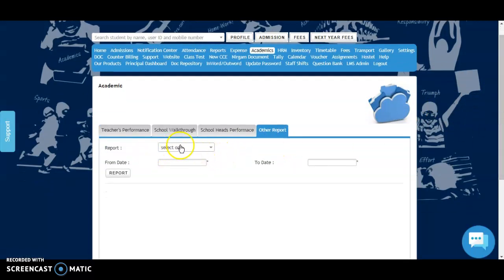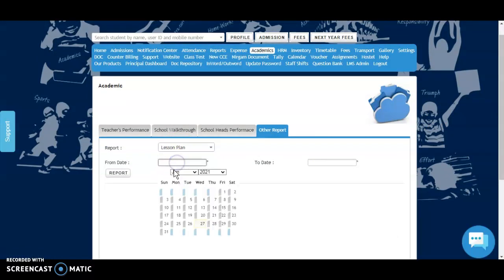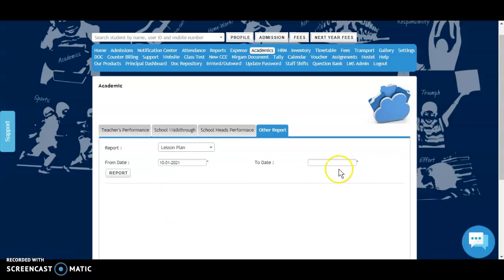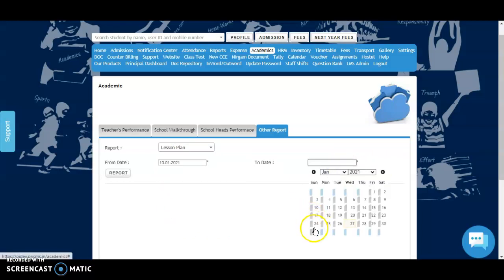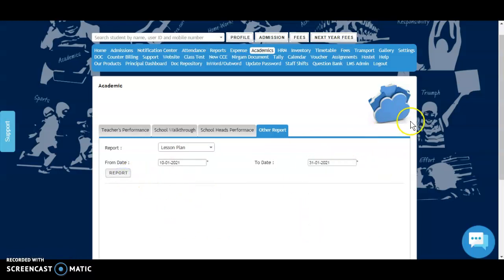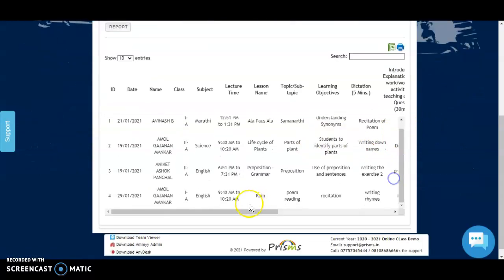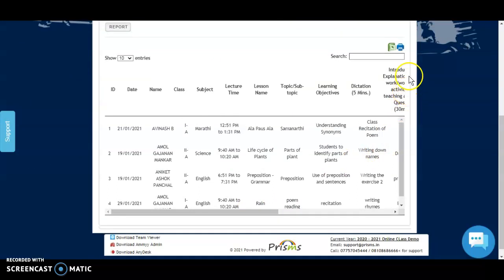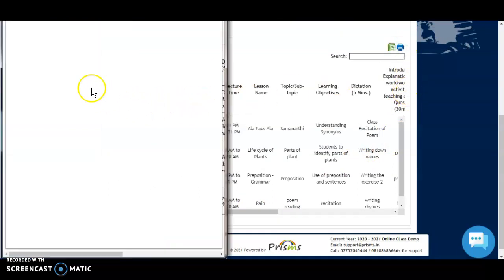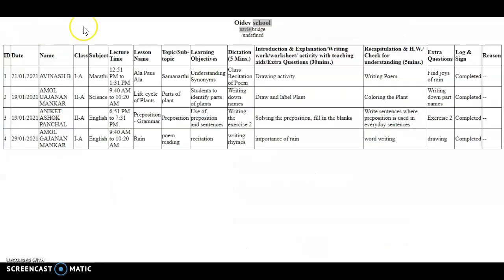Over here you have two options, the lesson plan or syllabus report. Then select the date, to and from dates, and click on report. And you'll be able to see all the lesson plans that are filled by various teachers. Similarly, you'll also be able to take a printout, and the printout of the report would look as such.